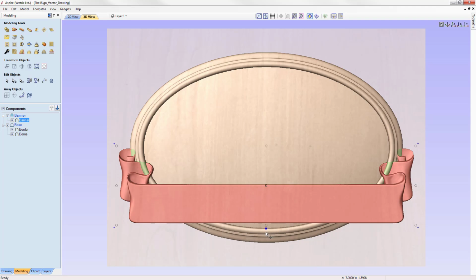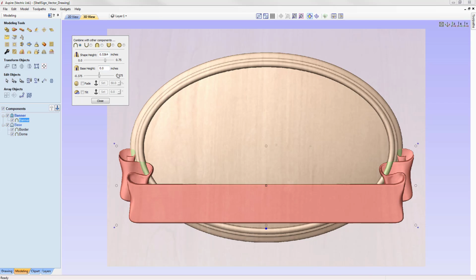And we can see that we have a blue square at the bottom here, and if I click on that square, that will open up the component properties form, in which case I can look at altering the shape height, and I can also look at applying a base height. So a base height is basically a flat height that we're going to apply underneath the component just to raise it up. In this case, we could go with a value here of, let's say, 0.15, press spacebar to enter that in,